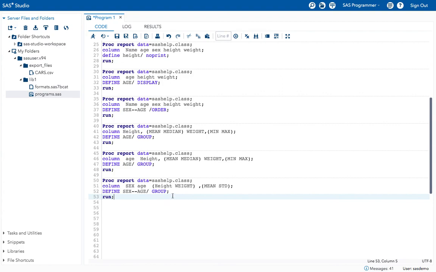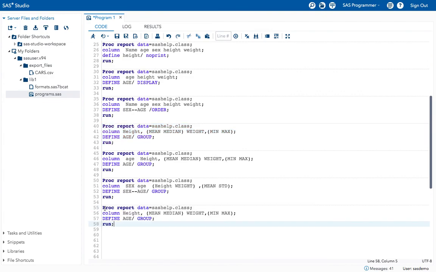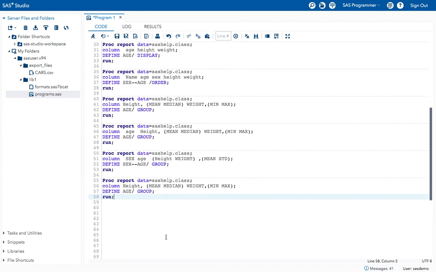And another one is we can use the across option. How can I do that? I'm taking the same example. Now I want to use the across option.